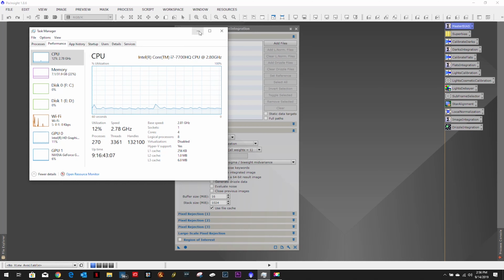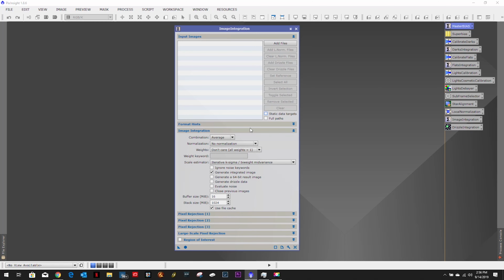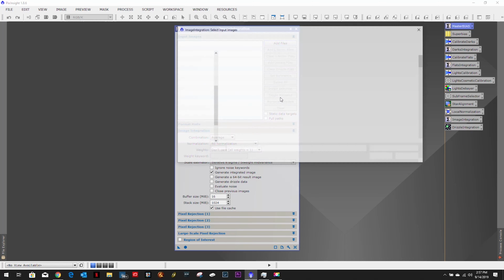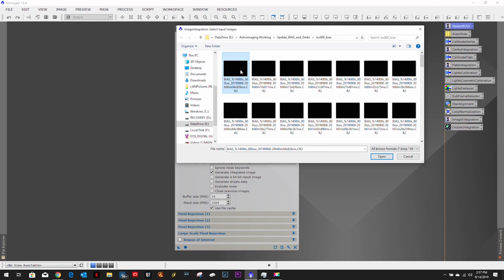So let's go ahead and minimize this. And one thing I want to do, because I did do a test run, I started this earlier, I want to come down here in case you're not familiar. The little wrench here is your preferences, and I currently have it unchecked here, but if there was a cache, we could clear it out. So should not have to worry about that. So let's go ahead and